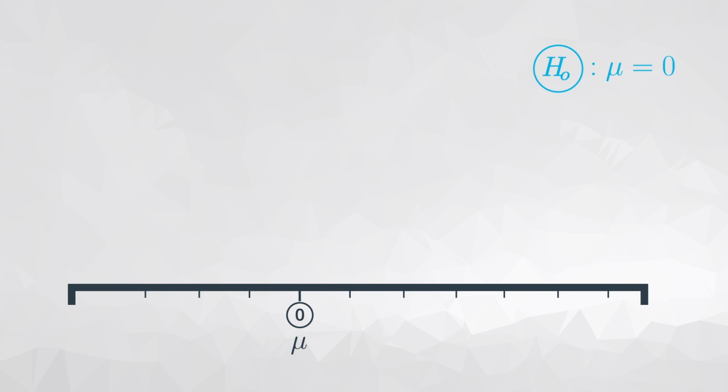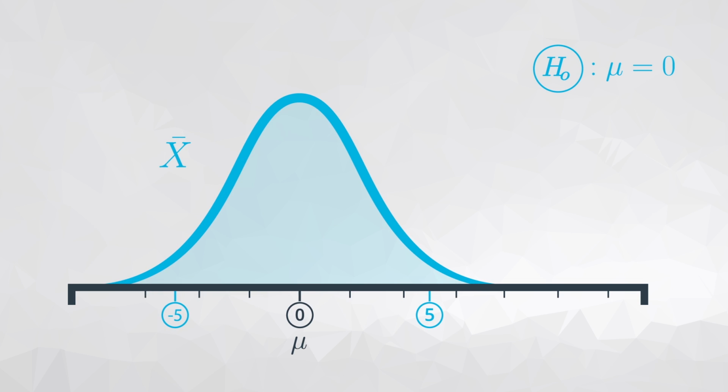Imagine we have a null that a population mean is equal to 0. Then we collect sample data, and we find the sample mean to be 5, and the sample standard deviation to be 2. Assuming the sampling distribution of your statistic follows the null hypothesis, what is the probability of observing the actual value of the statistic from your data in this distribution?